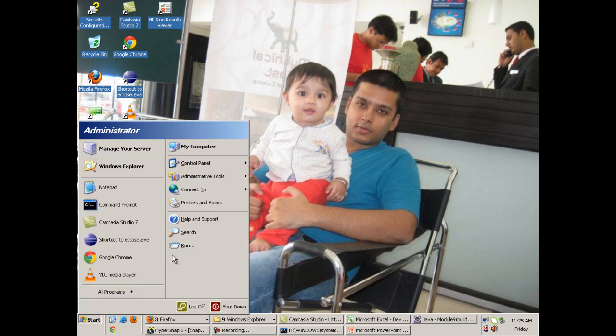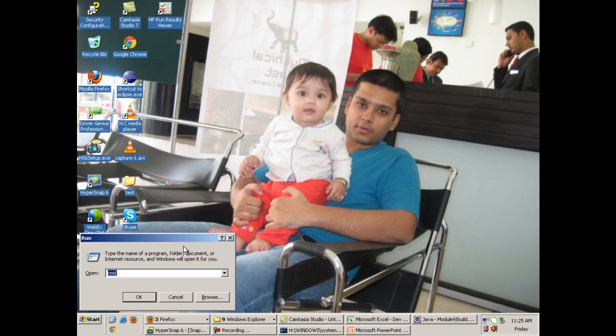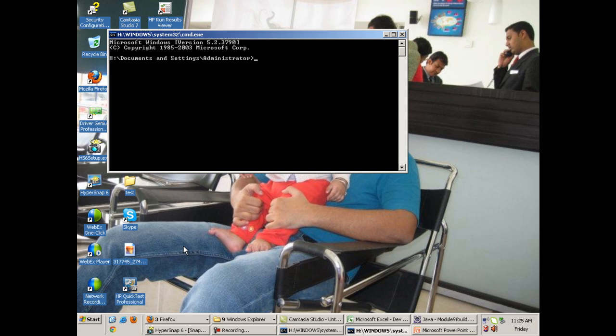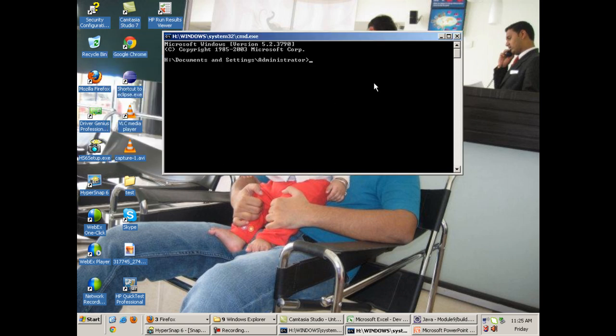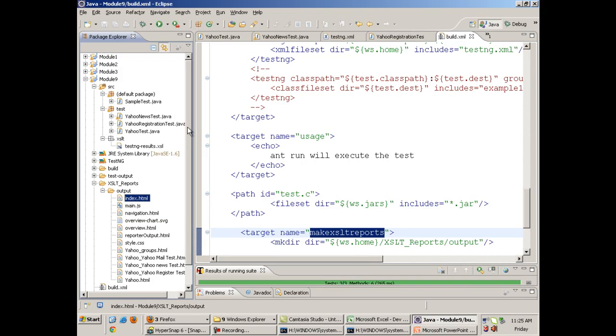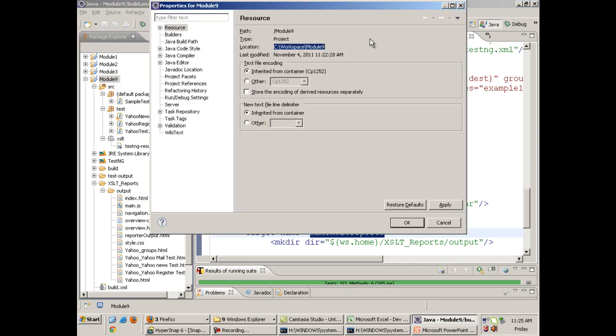It is very easy. You open your command prompt, okay, and what do you do to run programs through ANT? First you give the path where your project is lying, right? My project is lying under module 9, this path.